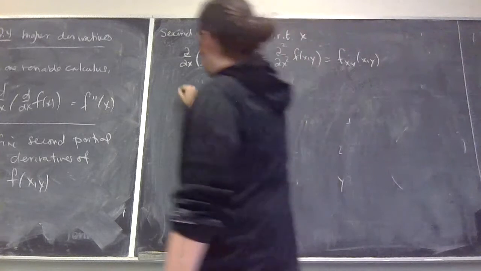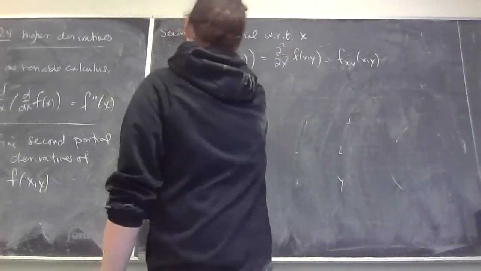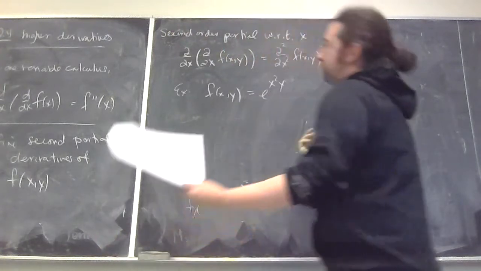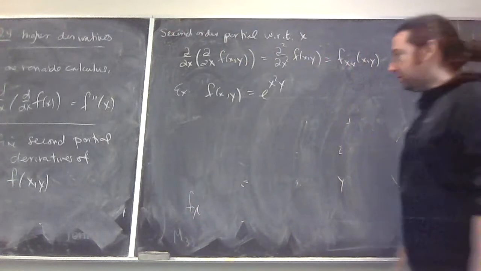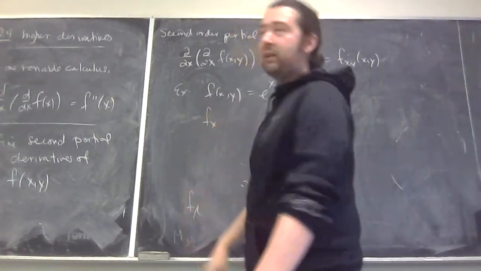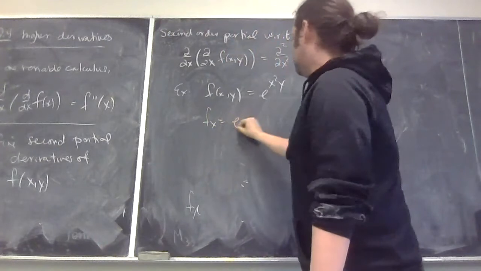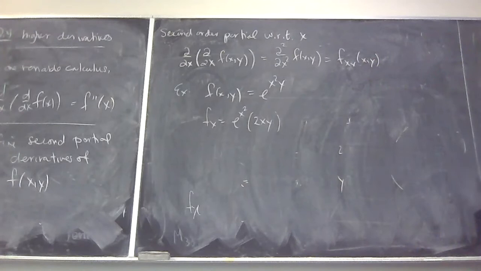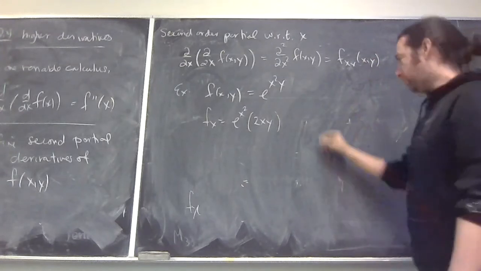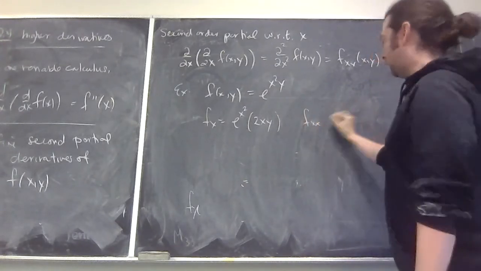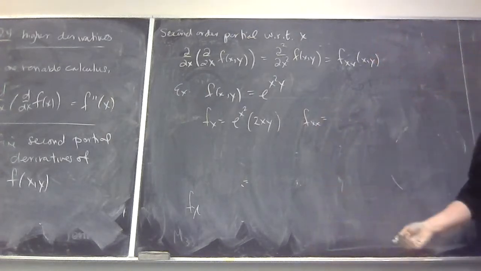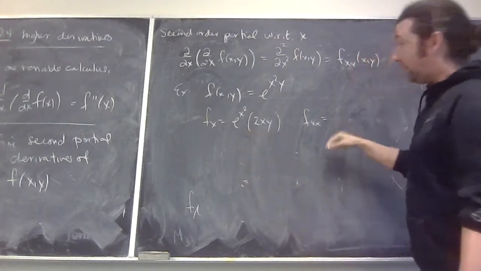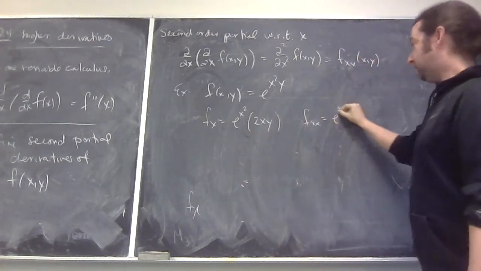So for example, if you had f of x and y, how do I make myself not insane doing this? x e to the x squared y. Sure, why not? And I took its second partial derivative. Well, I can't take the second partial without taking the first partial. e to the x squared y times 2xy. And then I've made myself a product rule, I guess. So the second derivative with respect to x is just the derivative of the derivative, like in one variable. So if I take another derivative of this with respect to x, now I have to use the product rule. So I get an e to the x squared y